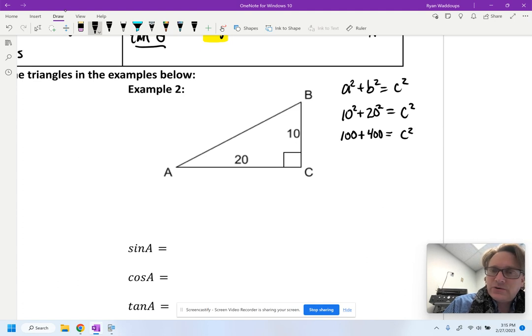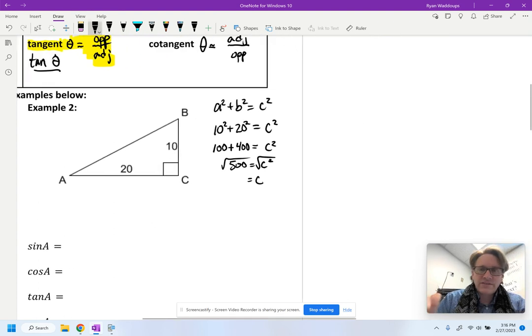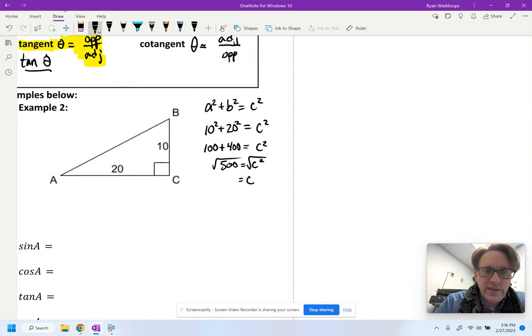And that's equal to c squared. And so we get 500. So c squared equals 500. Then taking the square root of both sides, c then is equal to the square root of 500. And if I want to simplify that, I can write that 500,